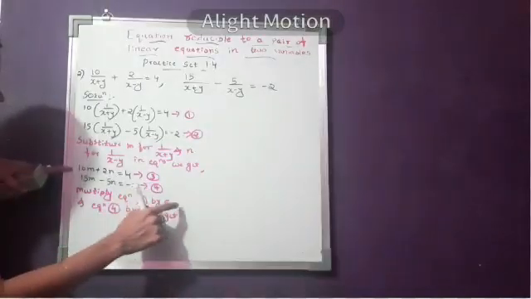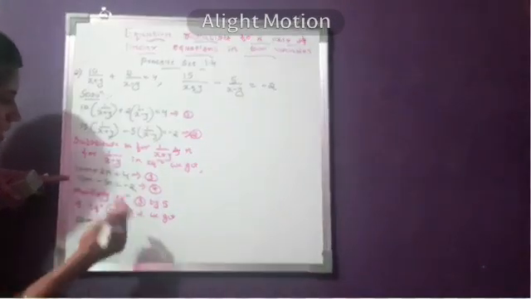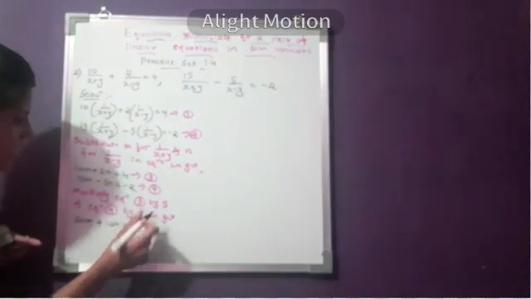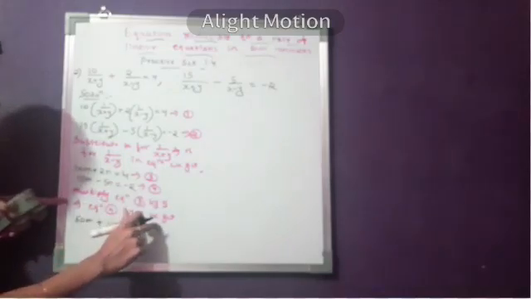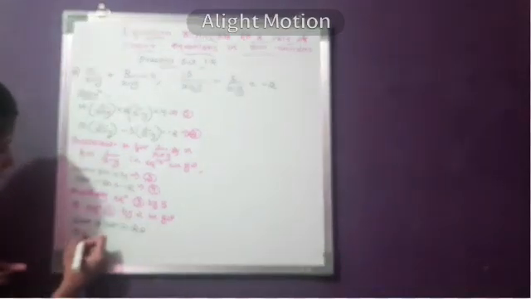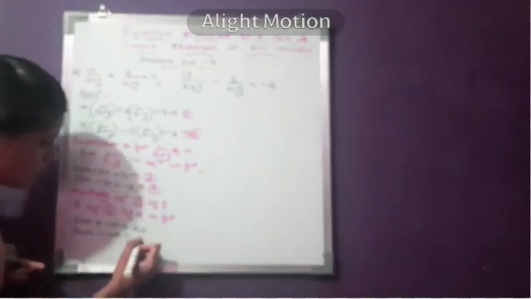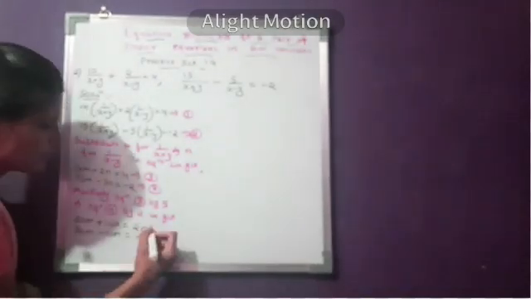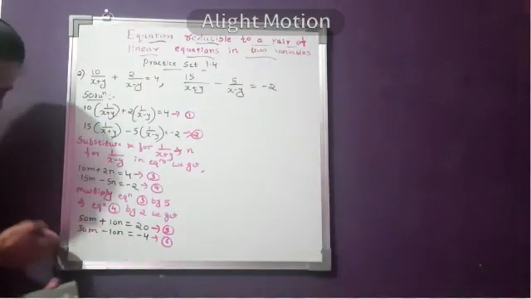So what are we going to get here? Equation 3 by 5: 5 times 10 are 50m, plus 5 2s are 10, and 5 4s are 20. And equation number 4 by 2: 2 15s are 30m, 2 5s are 10, and 2 2s are 4. Now this will be our equation number 5 and this will be equation number 6. Here if I add these two, we are going to get the value of m.